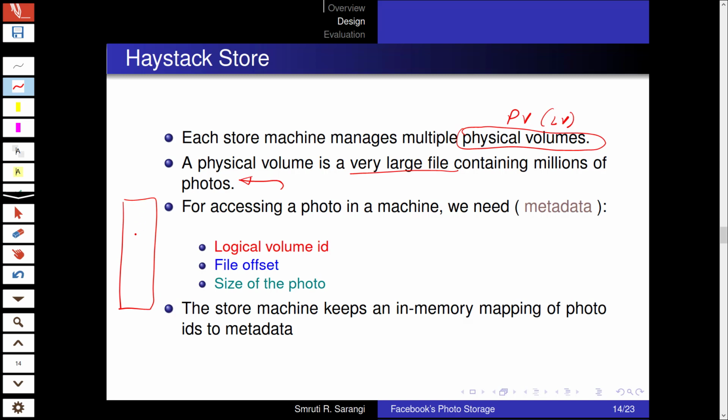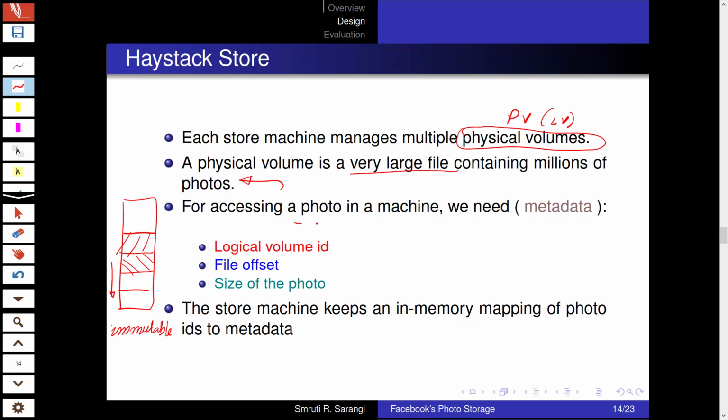All right. So pretty much what we do is that we have the data for one photo over here, the data for the next photo, so on and so forth. Essentially, we just concatenate the data for the photos on the large file, and it is organized as a stack. So it is never the case that we delete a photo, there is a hole over here, and we try to put in something. That's not done. So we essentially have immutable data, data that does not change. And like a regular stack, we just keep on adding photos this way into this very large file.